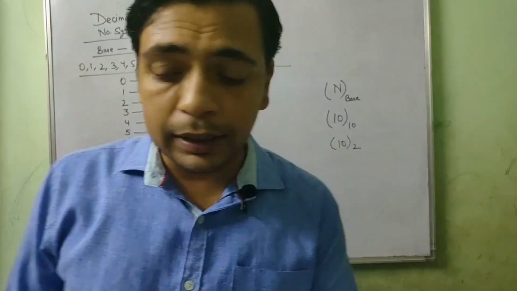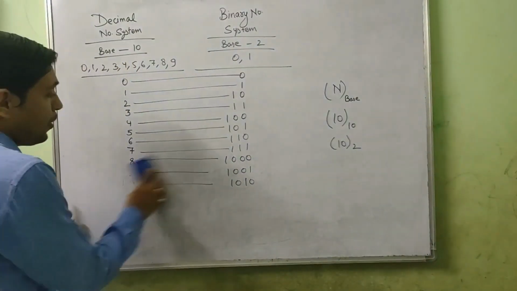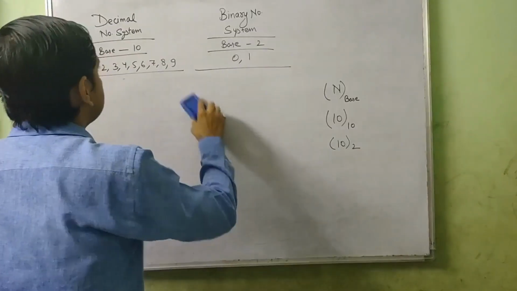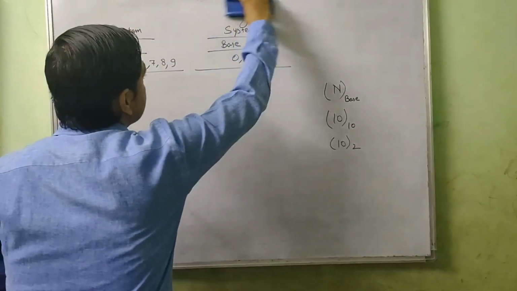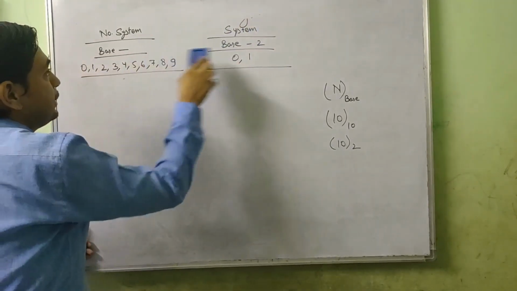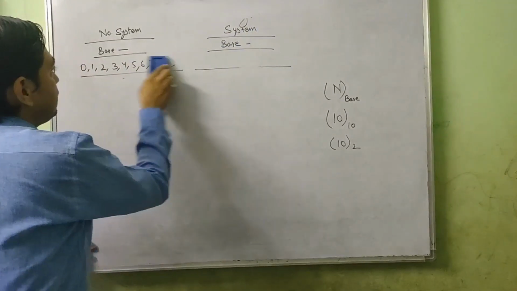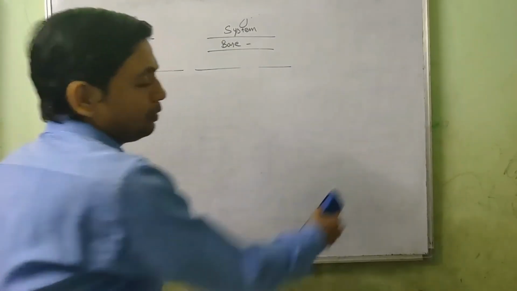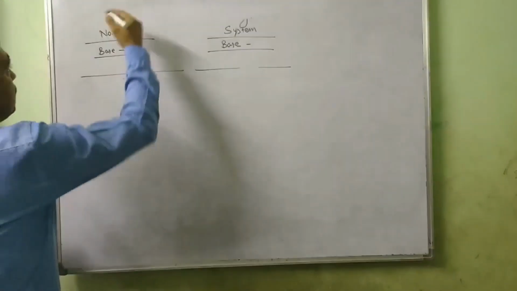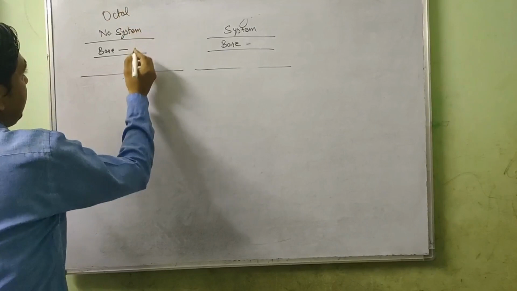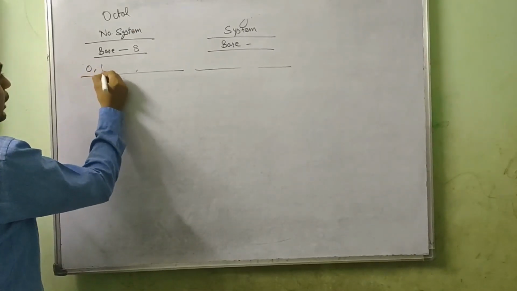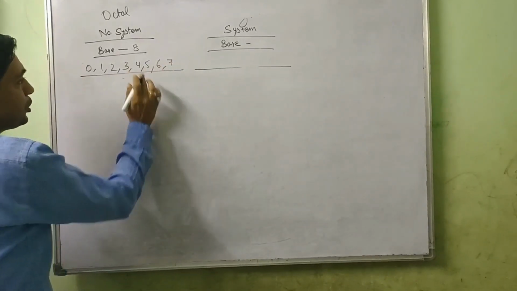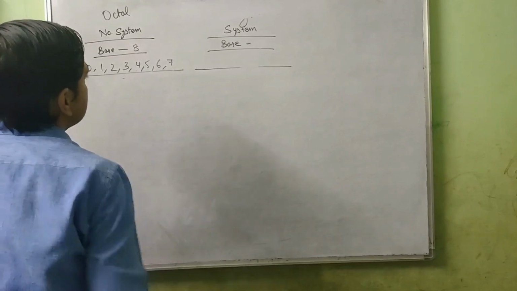Similarly, let's see how numbers are formed in octal and hexadecimal. If I talk about the octal number system and the hexadecimal number system, their base and number of digits will be different. So let's note it down. What will be the base of the octal number system? 8 will be the base. What are the digits supported in it? 0, 1, 2, 3, 4, 5, 6 and 7, up to 7. So the smallest digit is 0 and the largest digit is 7.